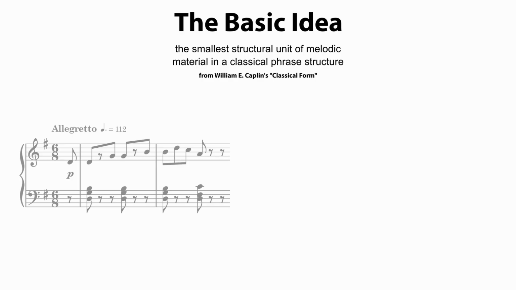So, as an example, here's a two-measure basic idea in a classical style. Basic ideas in the classical period were most often two measures in duration. Kaplan refers to the melodic identity of a basic idea as being characteristic through diversity of intervallic content, i.e., leaps versus stepwise motion, and its motivic, melodic, and rhythmic nature. I like to use the word striking, something that stands out to the listener.